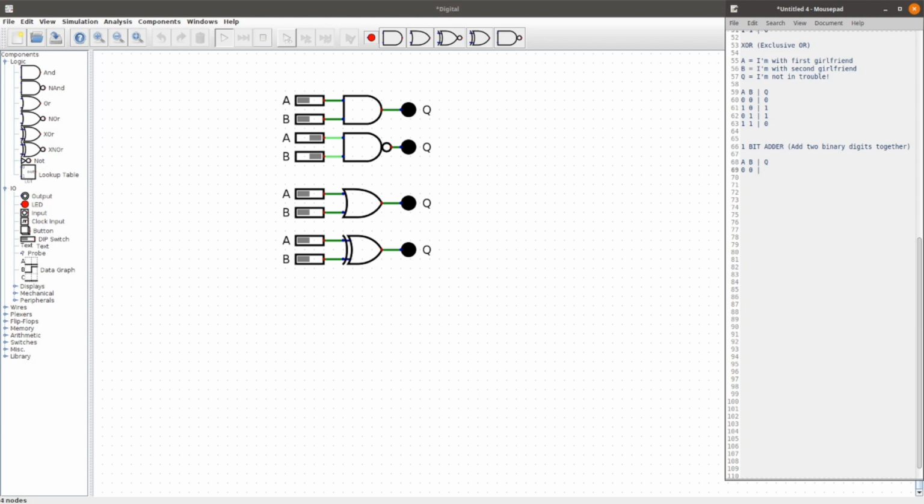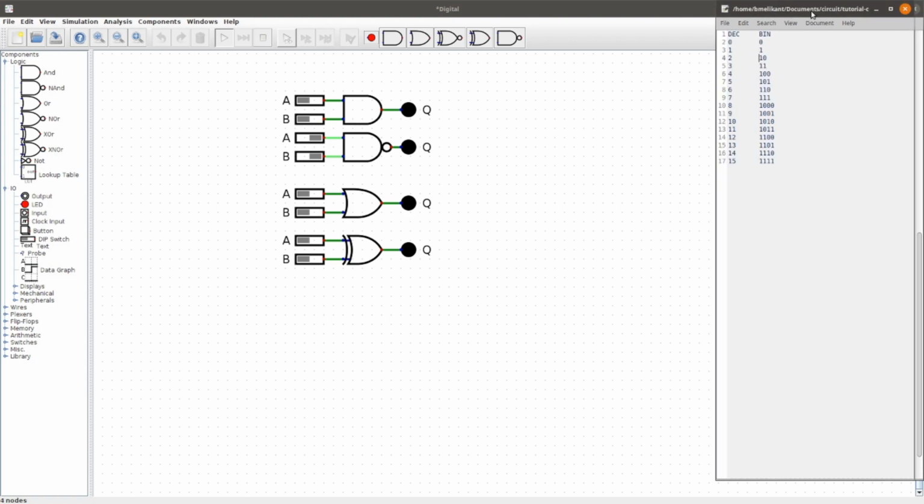And so as we think of addition, we have A and B as 0. If we add 0 plus 0, we just come up with 0. And then if we add 1 and 0, we come up with a 1. And then if we add 0 and 1, then we end up coming up with a 1. And then if we add 1 and 1, well, wait a minute. What do we have here? So we don't have a 1 because in binary, if we add 1 and 1, we get 2. But in binary, what do we have when we have 2? We have